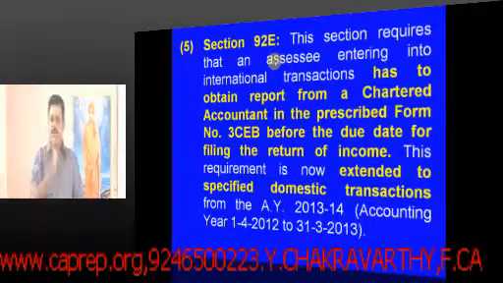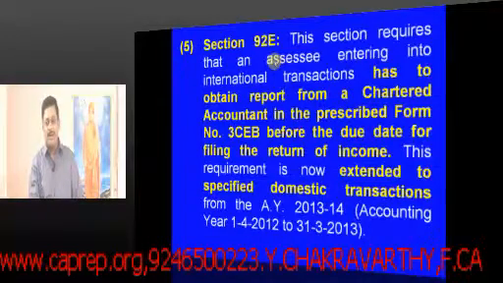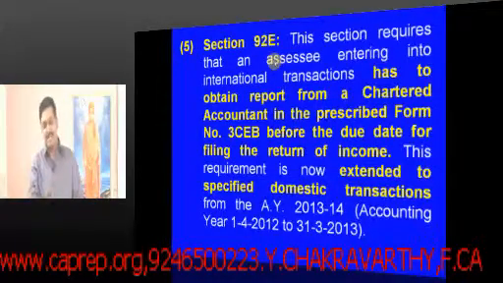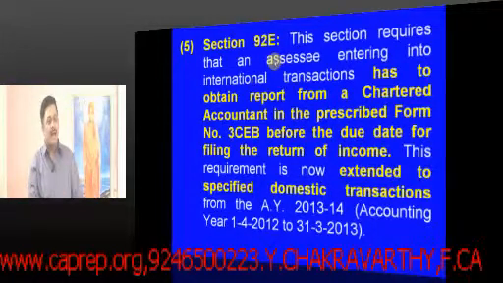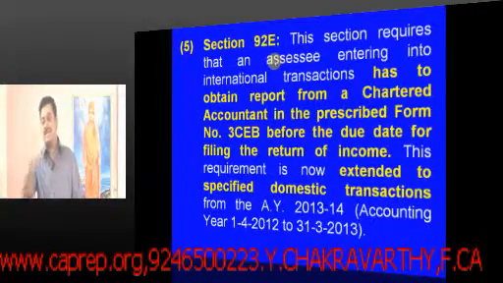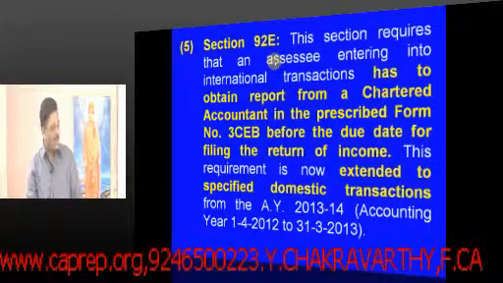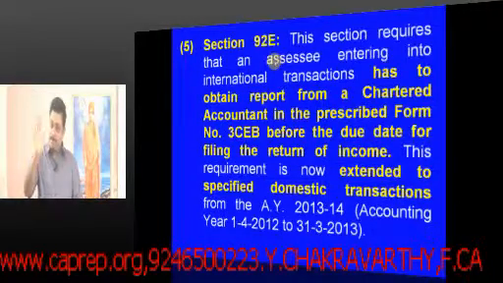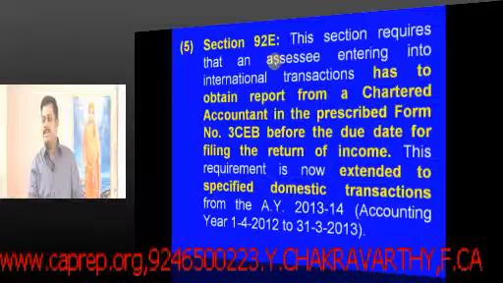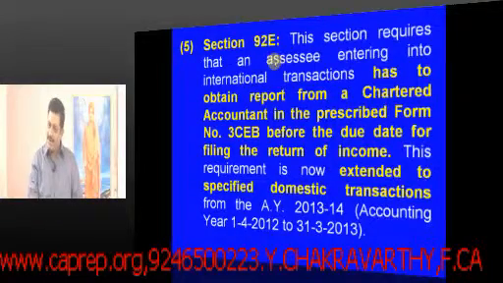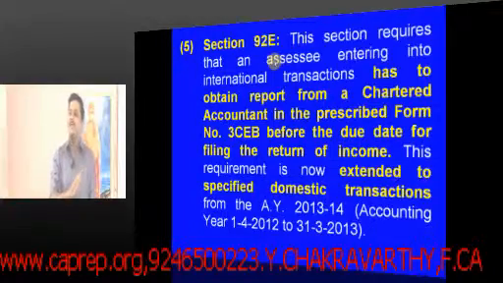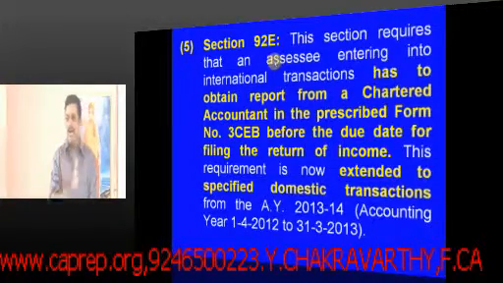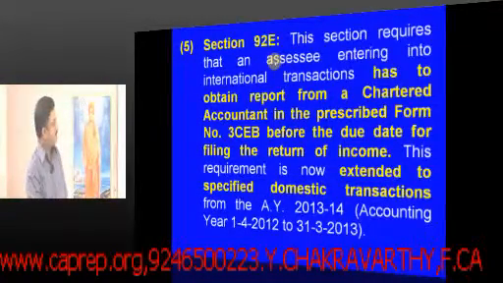So in case you are the auditor of a company which has specific domestic transactions, you please see whether all those transactions are being done at arm's length price or not, and whether they are maintaining proper documents and records in respect of that, and they also have to take a report from a chartered accountant that all these transactions are being carried out at arm's length price.